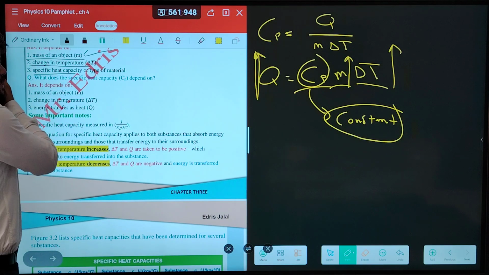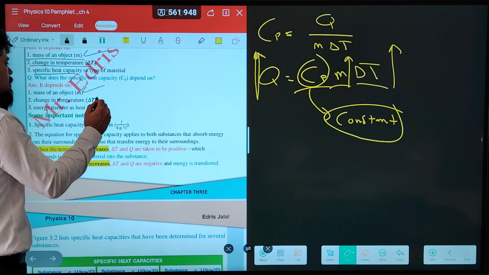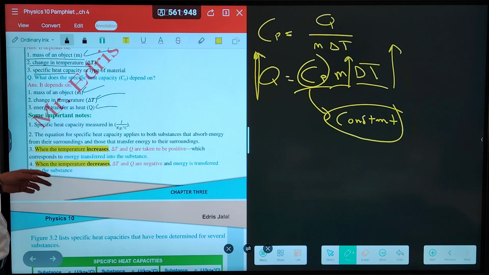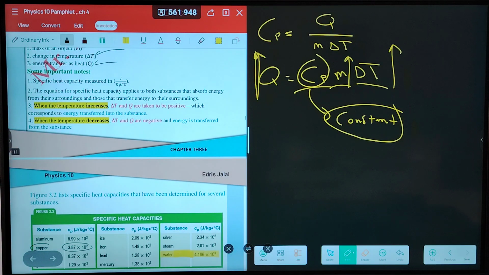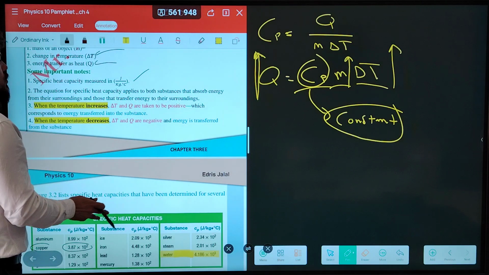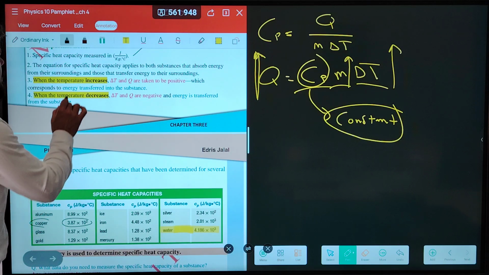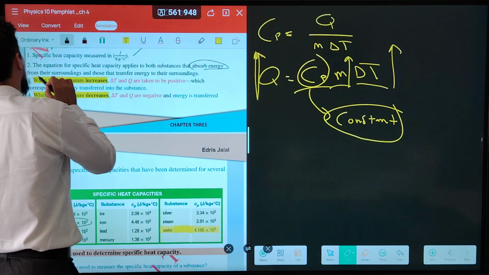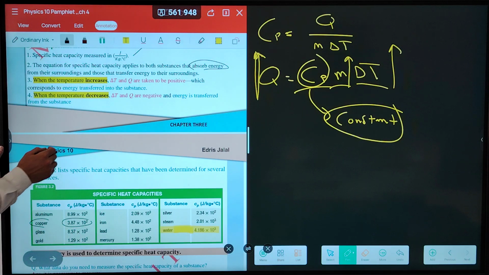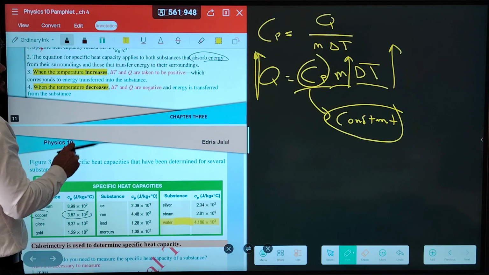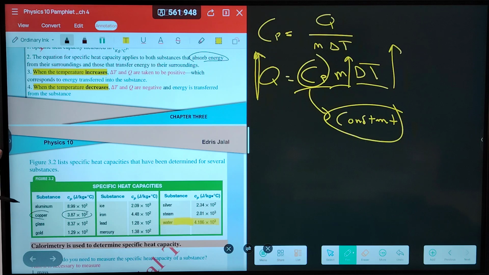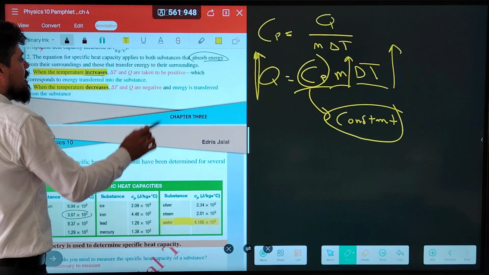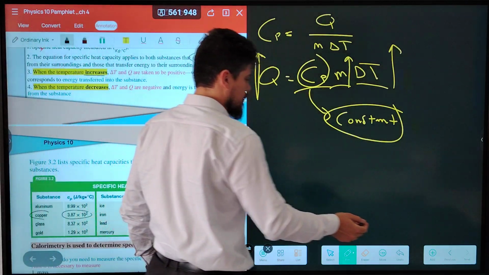What does specific heat capacity depend on? The mass of the object, change in temperature, and energy transfer as heat. Specific heat capacity is measured in joules per kilogram Celsius. The equation for specific heat capacity applies to both substances that absorb energy or release it. When the temperature increases, delta T and